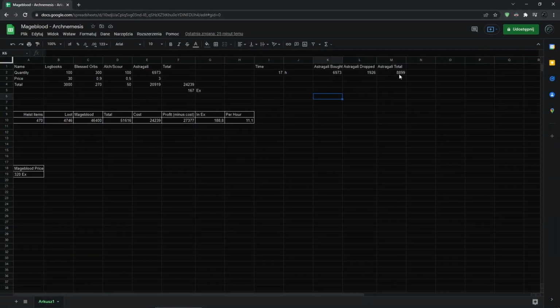So I did have to spend 8,899 Astragalis, and I did get my Mageblood, I believe, at 8,500. And if you compare it to last week, I got it at 8,000. But I also had some extra Astragalis, so I did roll last week up to 10,000 and I didn't get anything. So I did spend 8,000 Astragalis last time, this time only